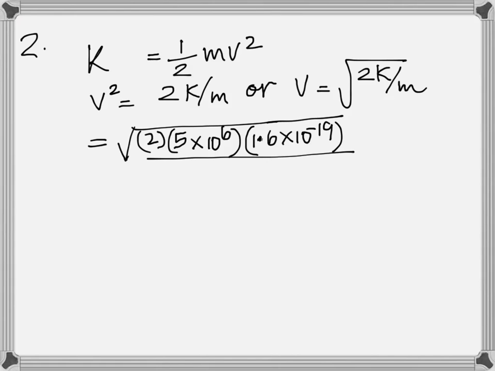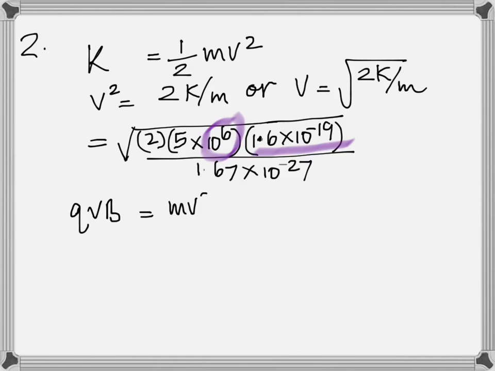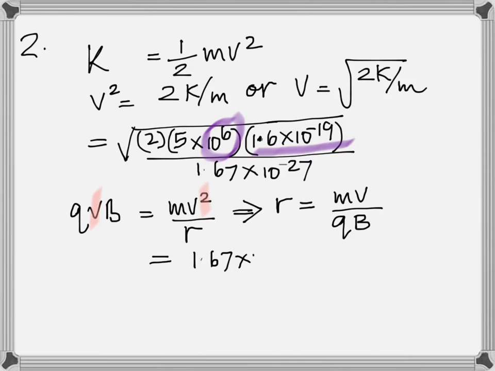So the 10 to the 6 is because of the mega being converted into electron volt, and this is the charge of the electron to convert it into joules, divided by the mass of the proton, because it's talking about a proton. And then the centripetal force, mv squared by r, is equal to q v cross B, which is qvB in this case because it's perpendicular. So theta is 90, sine 90 is 1. Rearrange that equation to make radius the subject,